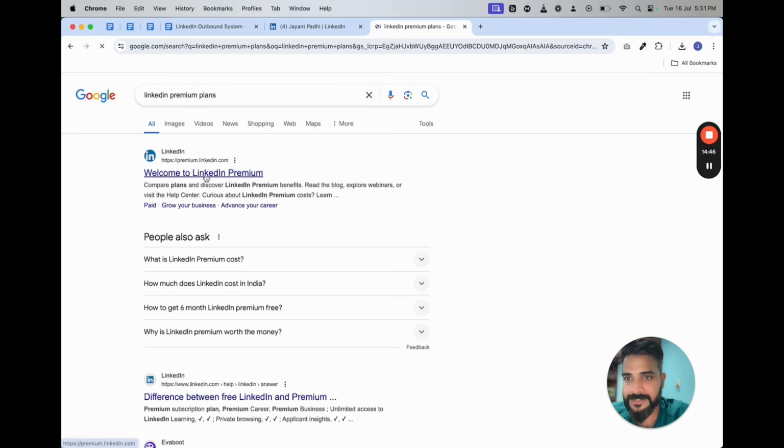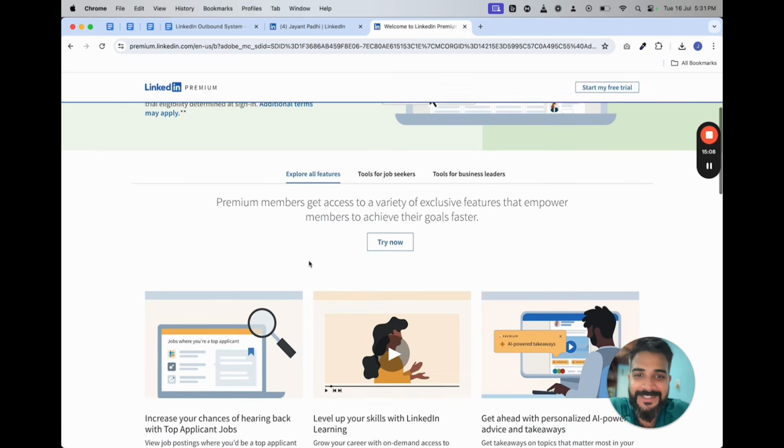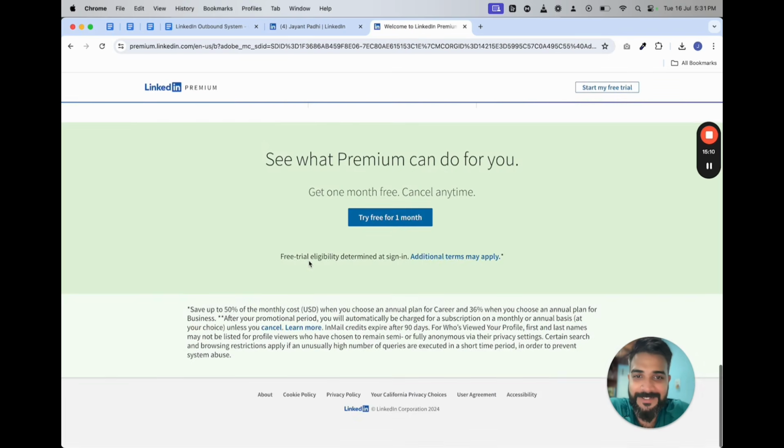I have Sales Navigator, honestly, but I would 100% suggest you get a LinkedIn Premium account. This will allow you to use a lot of features. Plus, when you are a LinkedIn paying customer, it's highly unlikely that they'll ever ban or suspend you. After paying LinkedIn for Sales Navigator and stuff, it has never banned me or anything.